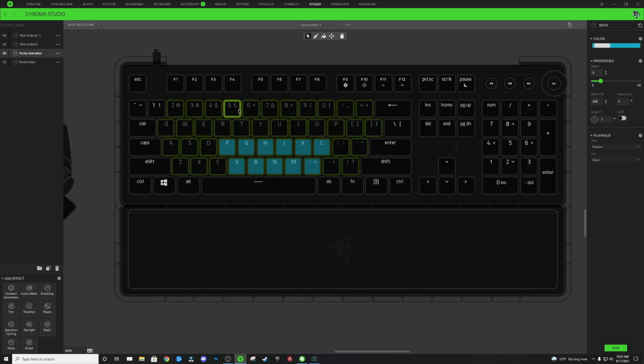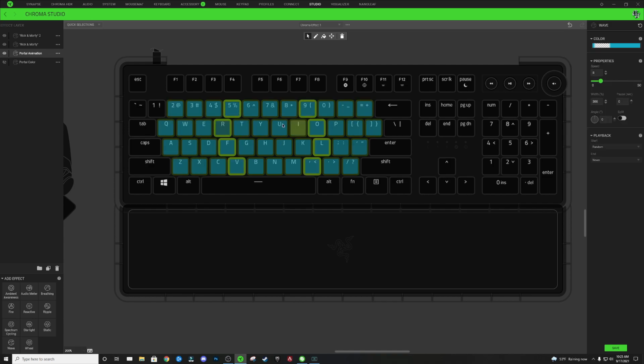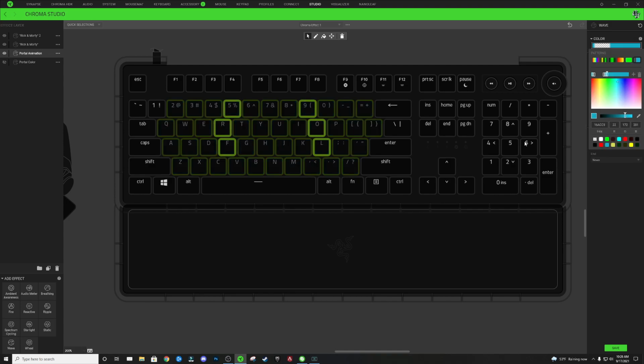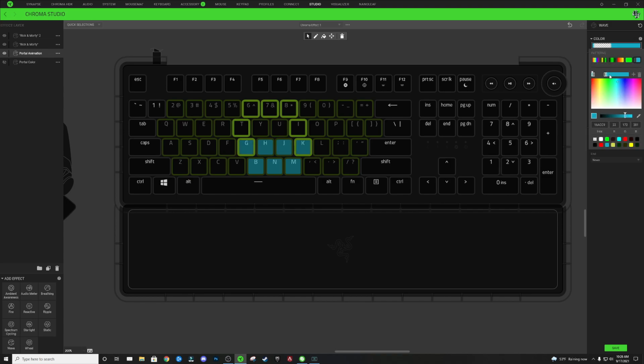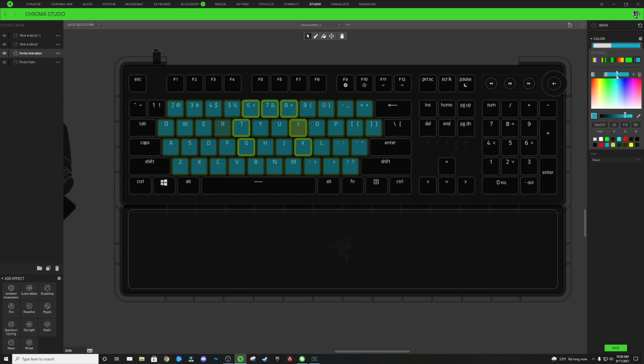Now we work on our next row in, double click on the 5, hold Control, deselect the bottom row, add in a blue node, deselect the F and L, drag that over a little bit, deselect R and O, drag that over a little bit, and we work on the next layer in. Deselect the bottom row, add a blue node, deselect G and K, drag the blue node over, deselect T and I, drag the blue node over,